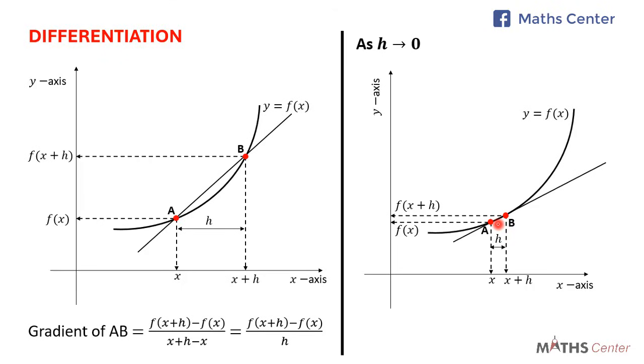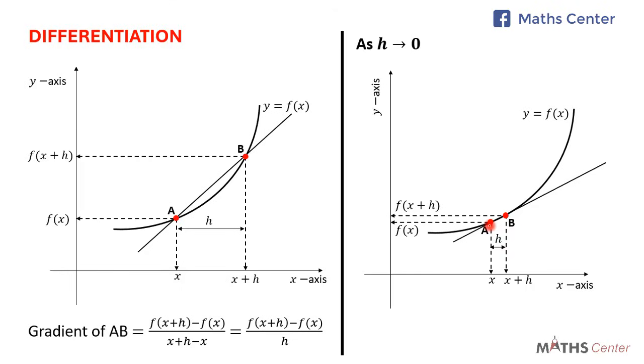In fact, it is very close to A, but not A. Now, when you do that, h gets very small. As B gets closer to A, that is, as the horizontal distance h gets very close to 0, you can see that the gradient of the line joining point A to point B almost becomes the gradient of